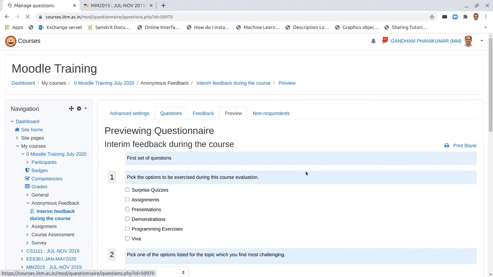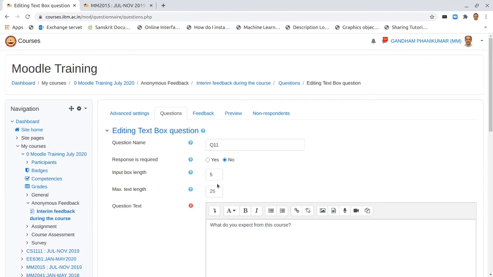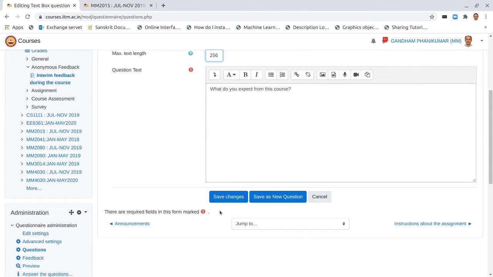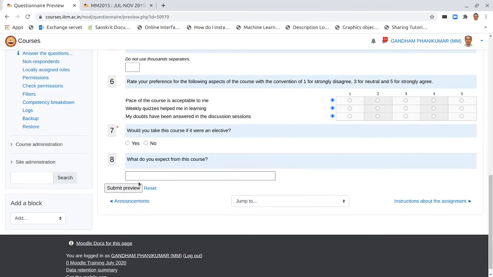For example, go to the questions and edit that and say it should show me upfront 50 characters, and it should allow me to type, let us say, 256 characters. Just save and look at the preview. You could see that it's a long box, but it allows me to type much beyond the box.